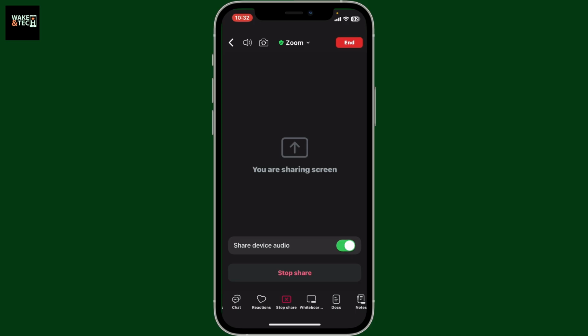If you want to turn off the audio, you can toggle off the button right next to Share Device Audio. And that way, you will be able to share your screen to your participants on Zoom. To stop sharing, tap on the Stop Share button at the bottom, and that is how you easily do it. Screen sharing lets you present slides, show videos, or give tutorials in real time, which is perfect for work, class,